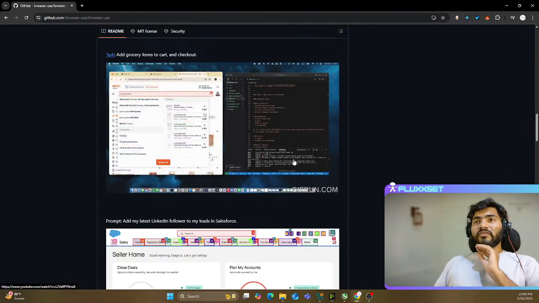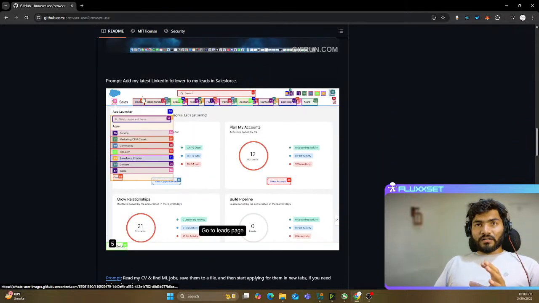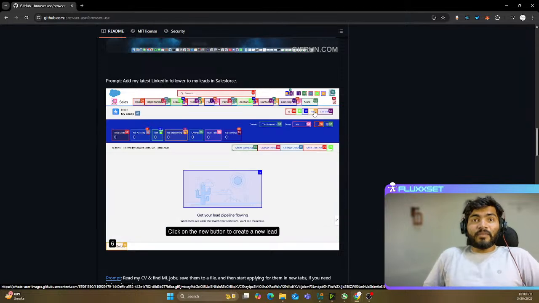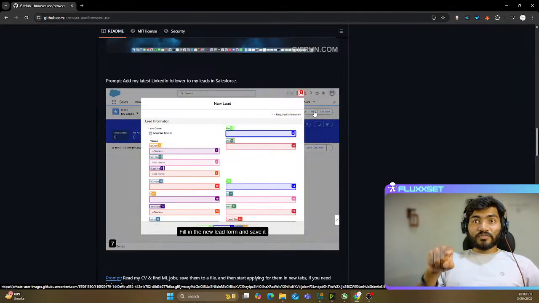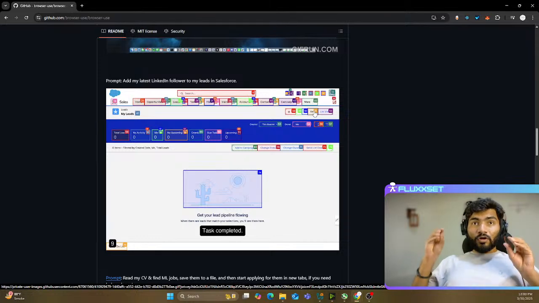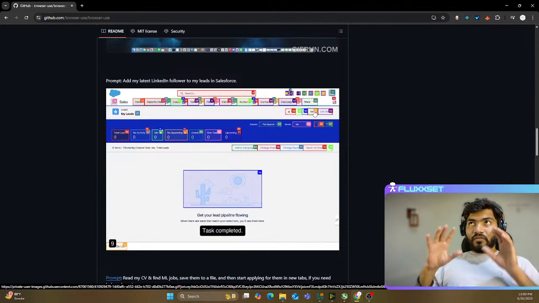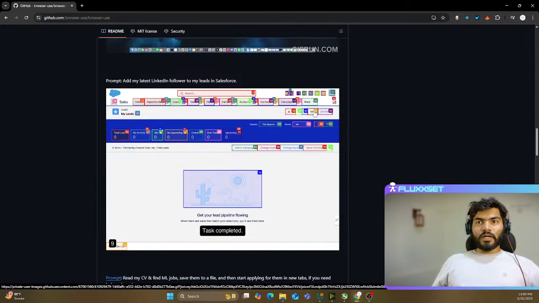Can you see it is dividing the website elements into parts? We don't have to identify elements using the ID, class name, or CSS selector. The AI will automatically identify that element and create a box around it. It's like visual locating.